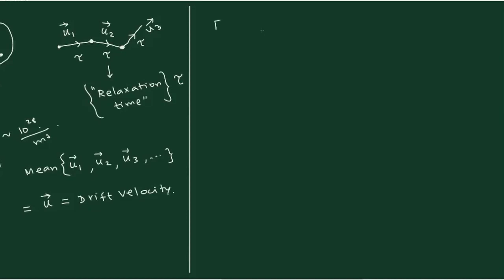Now you start with the simple equation, F equals Q times E. This is the Coulomb force law that you already know, and E represents the electric field. Suppose you have a thick cable like this, and we put a plus and minus here. A positive voltage is on the left side and the negative voltage on the right side. Then the potential difference between them would be V from here to here, and if the length of the wire is L, then V divided by L will give you the electric field.